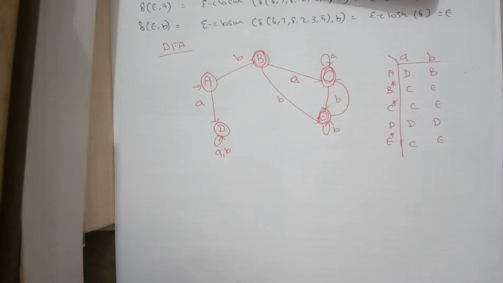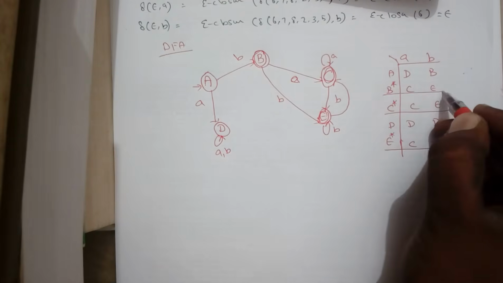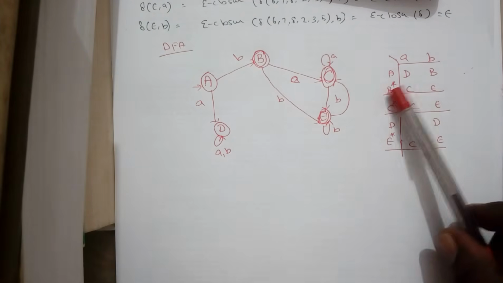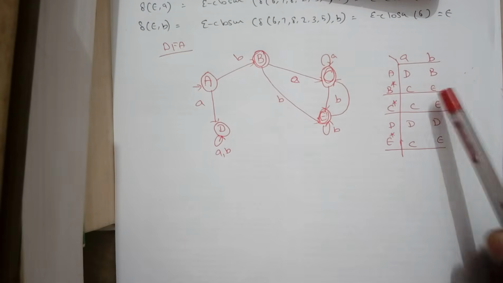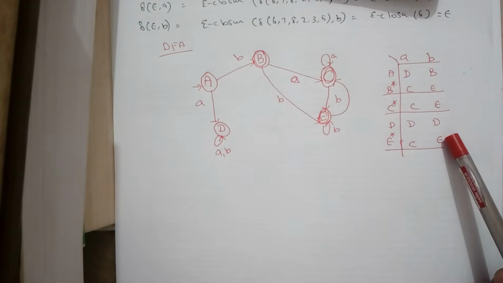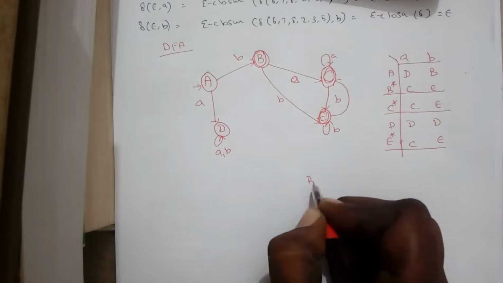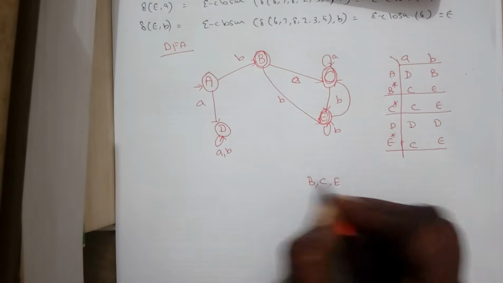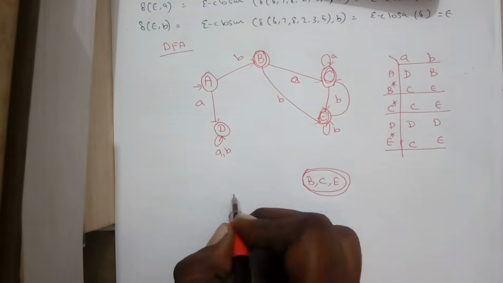So now this is your final DFA, and when you want to minimize it, here is one more shortcut. We have 3 final states and their transitions are the same. All the final states, when the input is A, go to C. When the input is B, all go to E. So we can club all of B, C and E together into a single state BCE, and we can make this the only final state, and the remaining transitions will remain as they are.